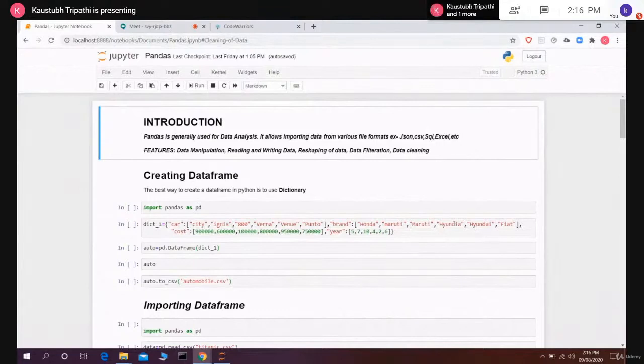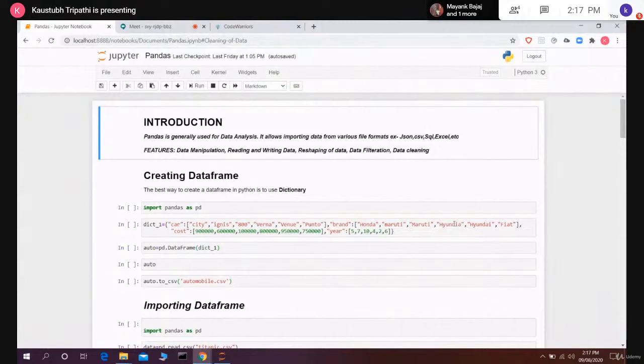Some of you have asked what is the difference between NumPy and Pandas. NumPy basically works with arrays. You create an array and you work with those arrays. But Pandas works on data frames. You have a huge dataset, and on that dataset you start manipulating it, cleaning it, accessing values from it.